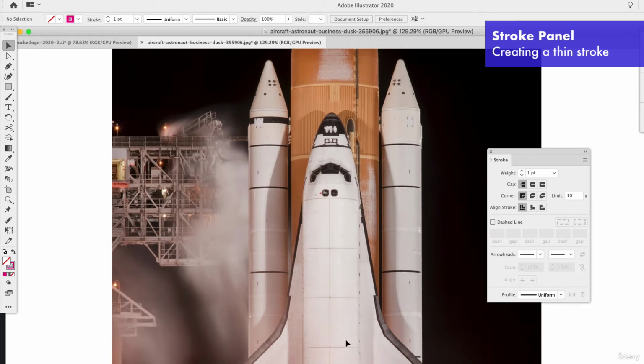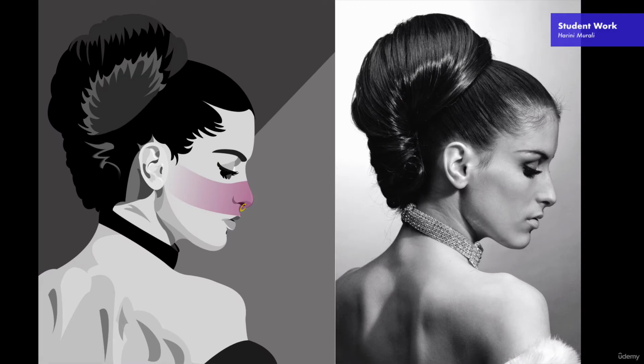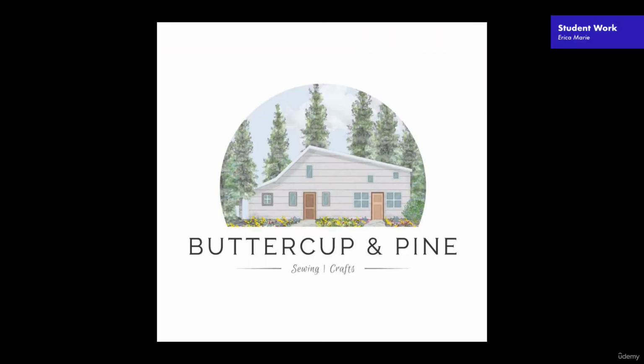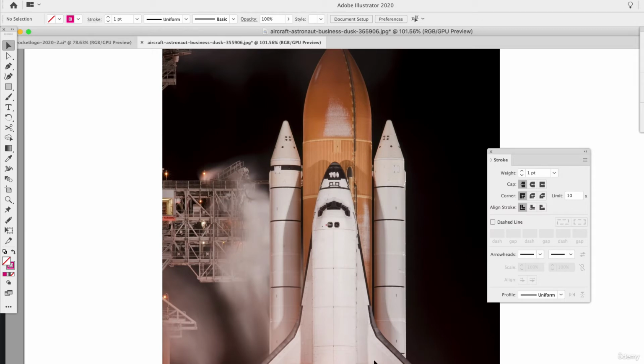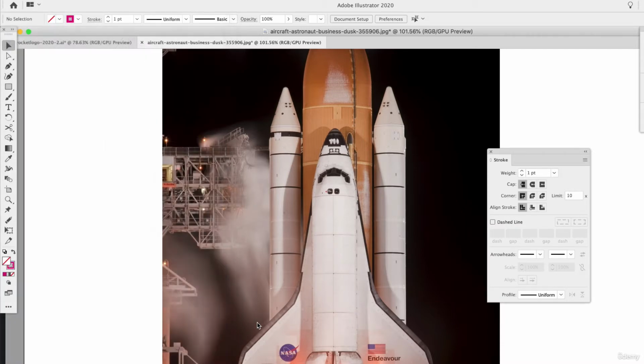And now we're going to start to trace. When it comes to tracing, a lot of people trace photos and produce vector artwork like you see right here as an example. What you want to do is try to simplify a complex photo as much as you can and really keep the main elements intact. With this rocket, some of the main elements I'm seeing are the main shuttle, the booster rockets, and the main rocket here, as well as some details. We're not going to be able to trace all the little details because we want to make this a nice, flat, clean design. So you don't want to do every single line in this case. We're going to try to simplify this as much as we can and choose what we think best represents